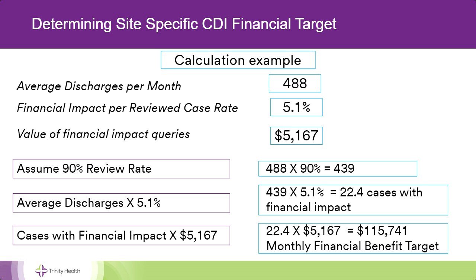Our goal is that we will have CDSs review 90% of the cases in our CDI population, and that includes all payers for us. So essentially, we took the average discharges per month, multiplied that by 90%, and in this example, once you did that, we have